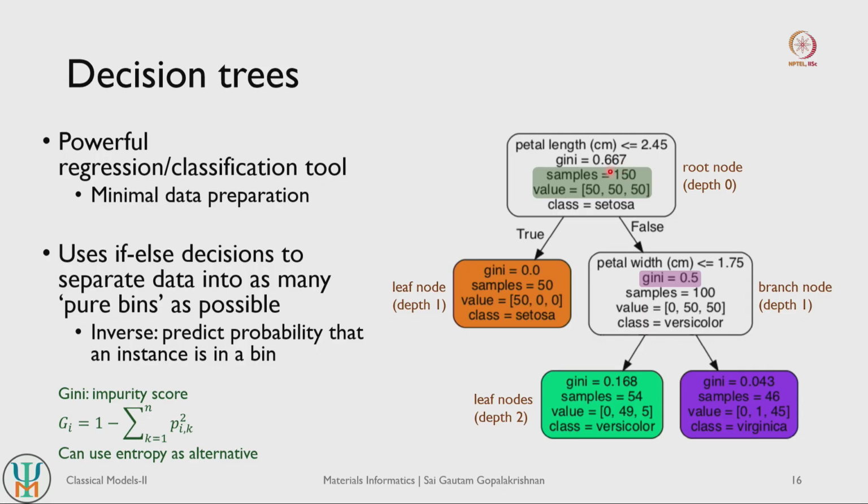Let us take the case of the root node here. We have 150 data points. The initial label assigned to this root node is basically Setosa. Out of these 150 data points, only 50 of them have the correct classification of Setosa, and 100 of them have the wrong classification. If you take the probability of correct classification, Setosa can be classified correctly for only 1/3 of the data points, so 50 by 150.